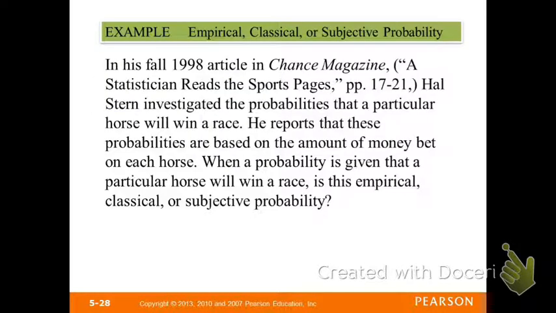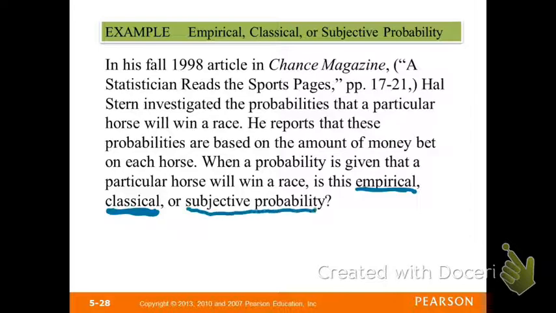Okay, in his fall 1998 article in Chance magazine, Hal Stern investigated the probabilities that a particular horse will win a race. He reports that these probabilities are based on the amount of money bet on each horse. When a probability is given that the particular horse will win a race, is this empirical? Okay, is it actually experimental is what that means? Do we run an experiment to do this? Is it classical? In other words, we can find what the theoretical probability is of the horse winning,